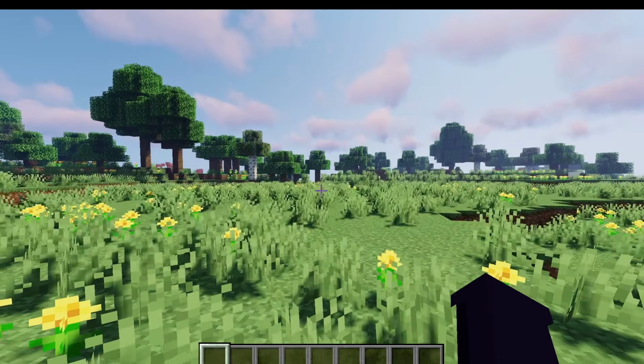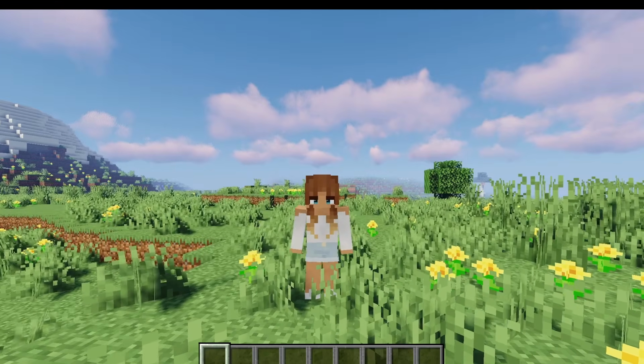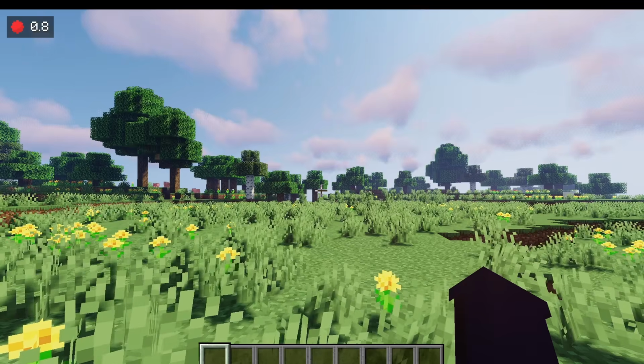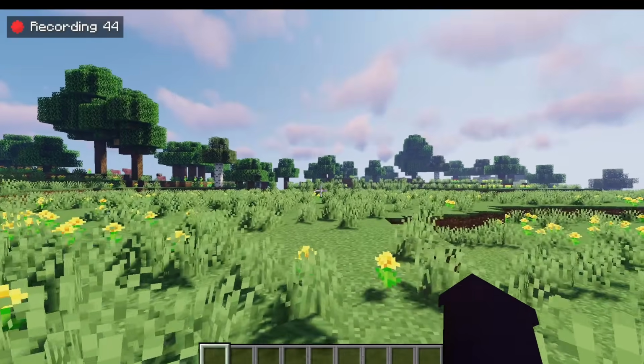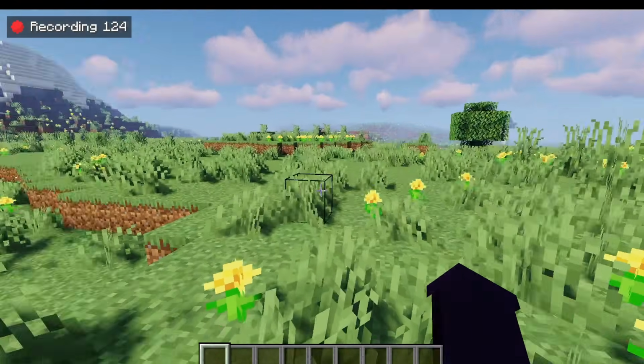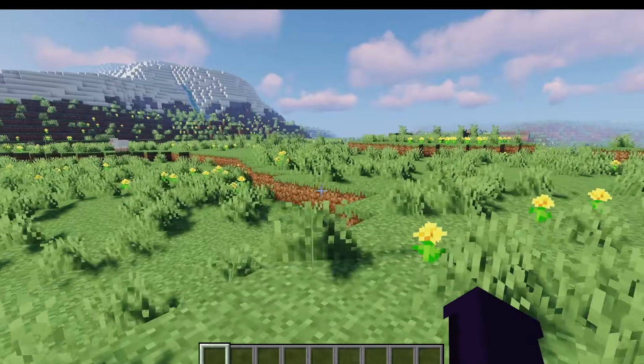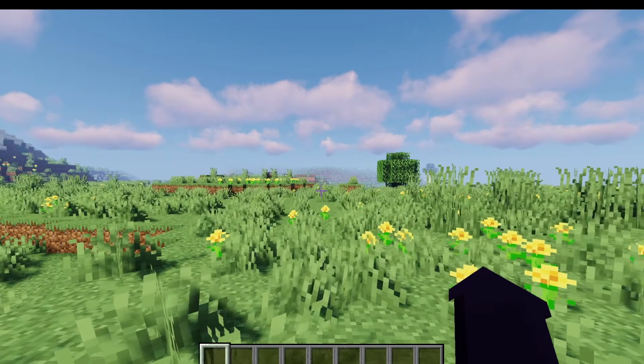So it's the Alt button by default, but you can keybind it to whatever you want. If you hit the Alt button, then you should be able to move around however you want. Jump, punch, look around, look up and down. If you hit the Alt button again, it should